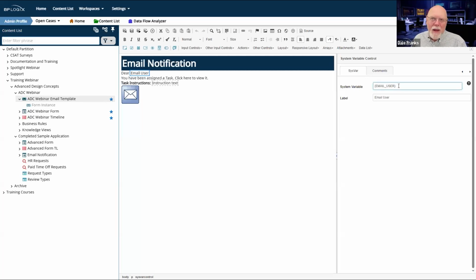And if we can, we'll replace it with email user, but that's not 100%. Current user is a special custom variable that really only has meaning whenever we're referring to the user who's actually using Process Director, the person who's actually seeing this on their screen.